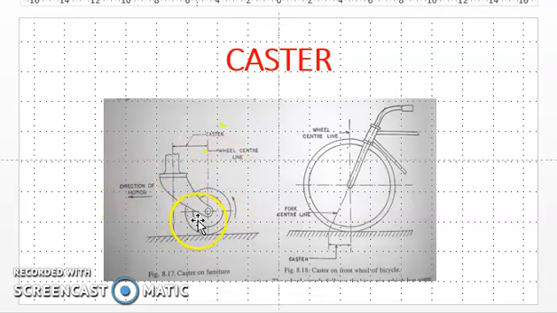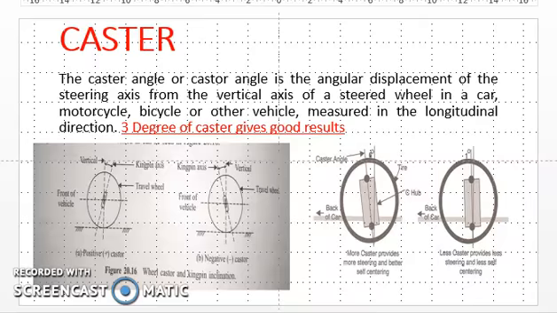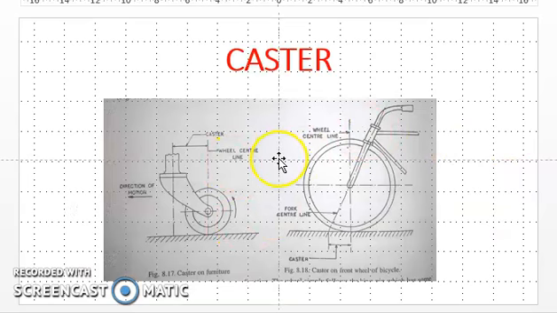This is required in furniture because once you have placed the furniture, it should not be easily displaced. It should be stable. For that purpose, negative caster is provided for the casters on furniture, like big tables. At that time it is expected that there should be negative caster. I think you have understood the use of positive caster and negative caster.